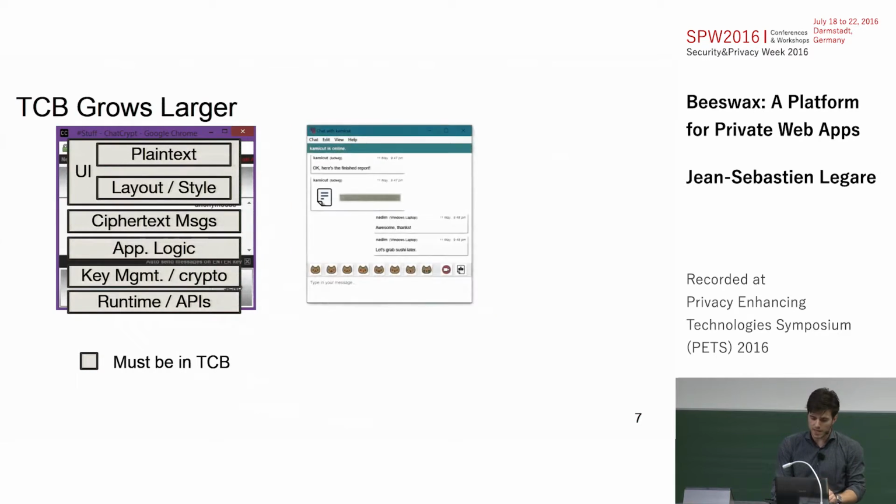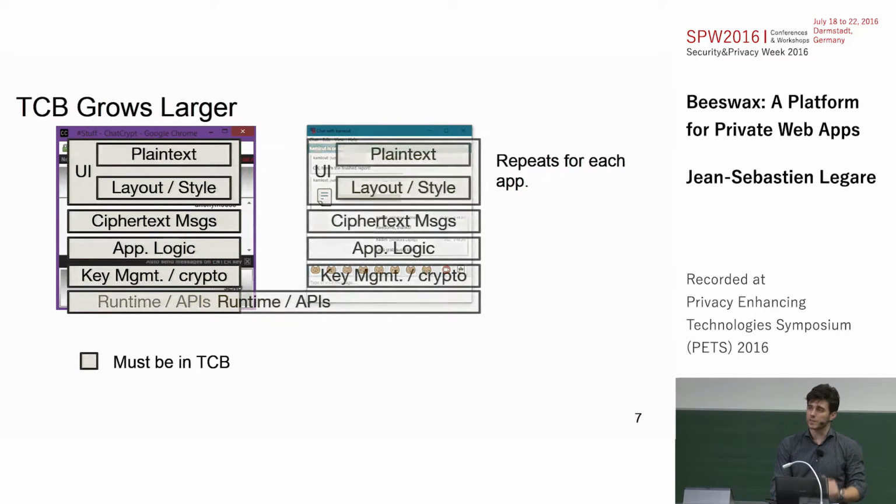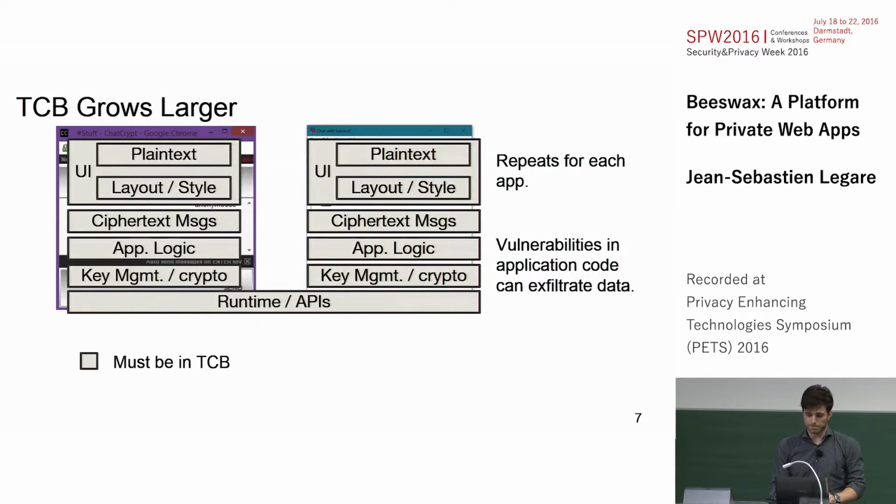And if you take a second application, well, the second application comes in and brings all of that stuff as well. So it reinvents the wheel, does everything again, and the only thing you have in common is the browser runtime that gets reused across applications. So one thing that's bad is that if there's a vulnerability in any of these two applications, then you can exfiltrate the plain text of the data either to the application provider or another user.